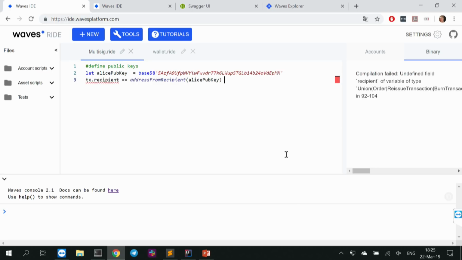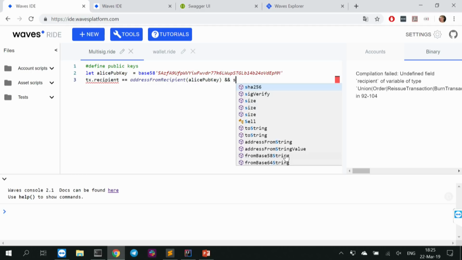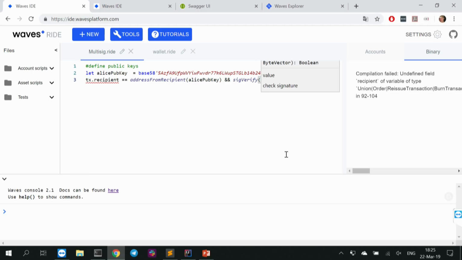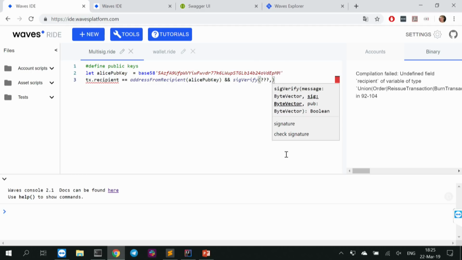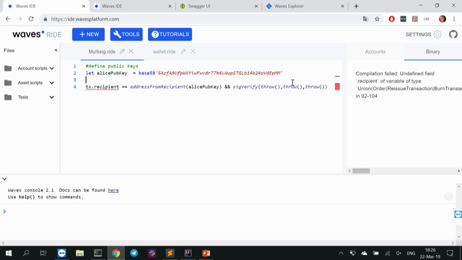Yeah, and of course, this is not enough. We still want our SigVerify thing to work. Let's not dive into this at the moment, but I want to show the other thing. Okay, so we define the recipient we want to have,